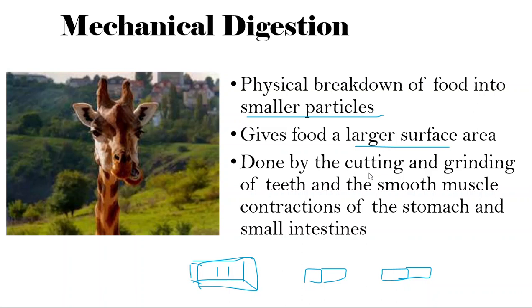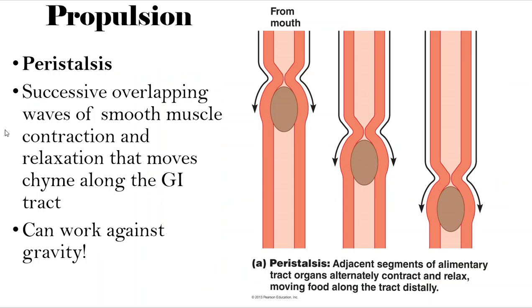So the teeth cut and grind, and then the smooth muscle in the stomach and the small bowel help to do that as well. Okay, here's peristalsis. Here's what happens, guys. The circular muscle layer squeezes together. Okay, it relaxes in front. Now the longitudinal muscle layers are going to contract, and what that's going to do is